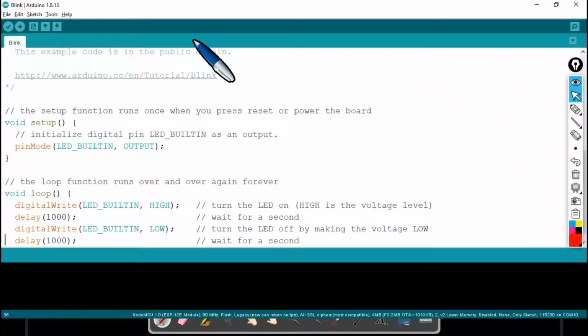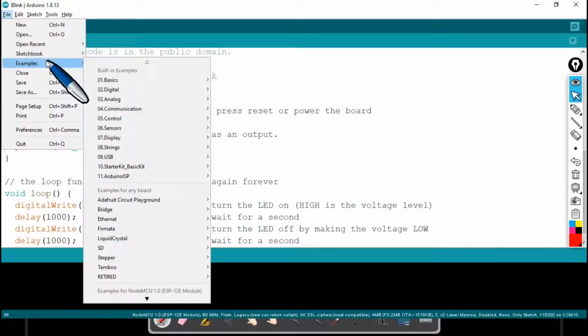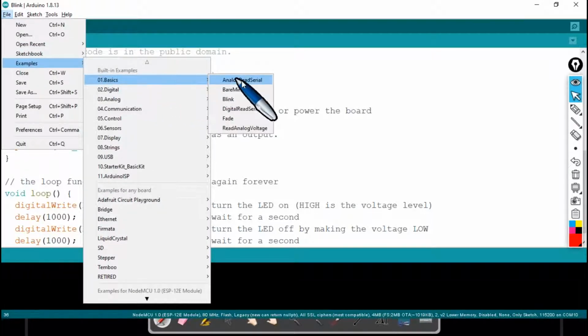So as I said, this Arduino IDE comes up with its own examples. All I got to do is hit on File, hover to Examples, and under Basics, I can find this Blink program. This is the third program in the list.